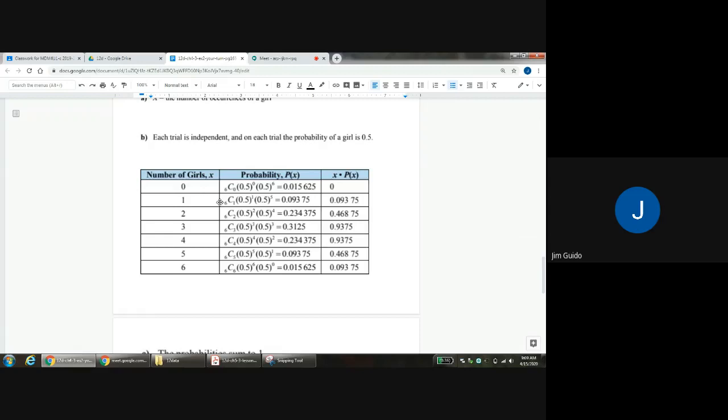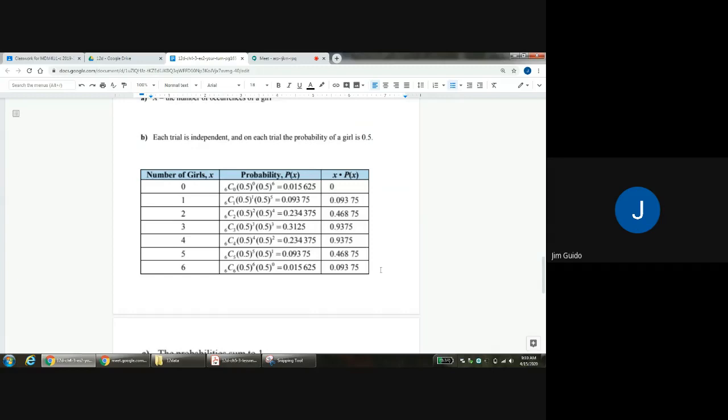That becomes a calculation of 6 combination 1 times 0.5 to the exponent 1 times 0.5 to the exponent 5, and so on until we've exhausted this scenario of 0 minimum to a maximum of 6 girls in a family of 6 children, and the resulting calculations and the resulting third column, which we will use later to calculate the